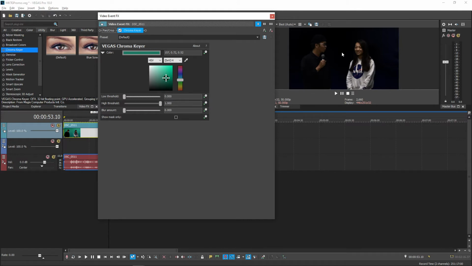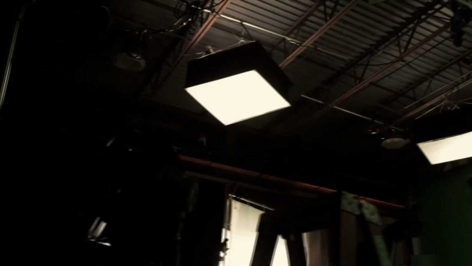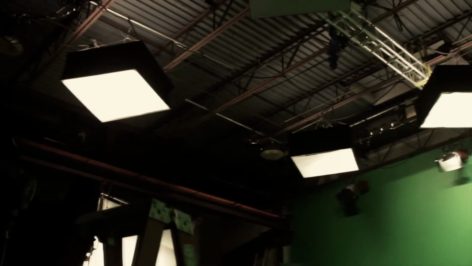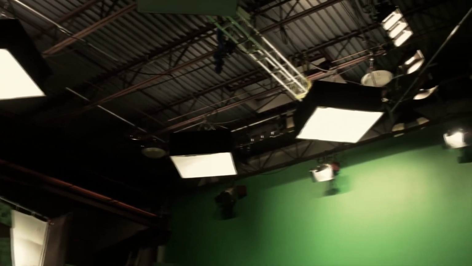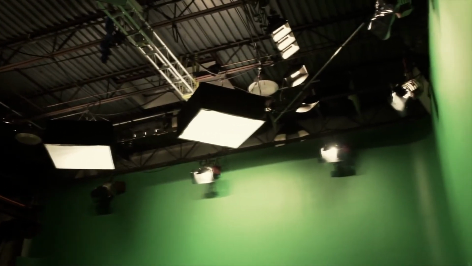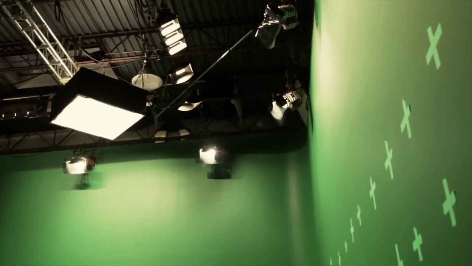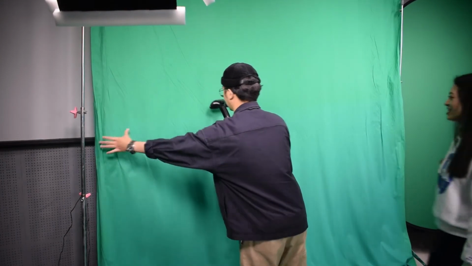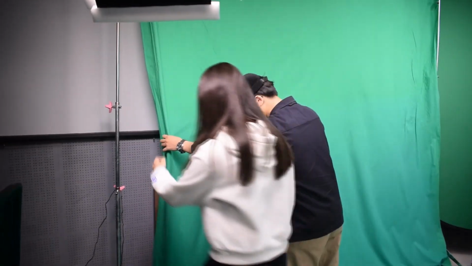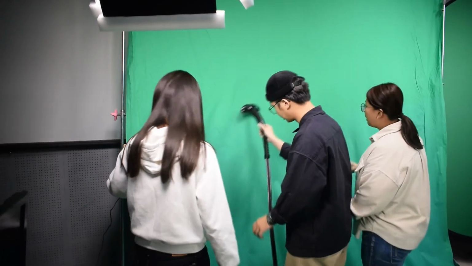Even though that took away most of the green, you will most likely notice that there are some imperfections in the key, like places where you can still see the green, or parts you wanted to keep but have disappeared. This is because it is actually super difficult to light a green or blue screen correctly. I won't talk about it too much here, since lighting and shooting with the green screen is a problem for production, not post-production. Just know that any sort of shadow or wrinkle that could cause the slightest color change on that backdrop will affect your key.